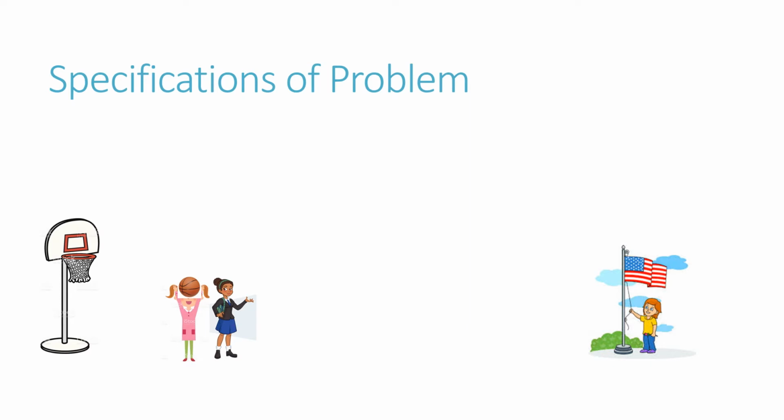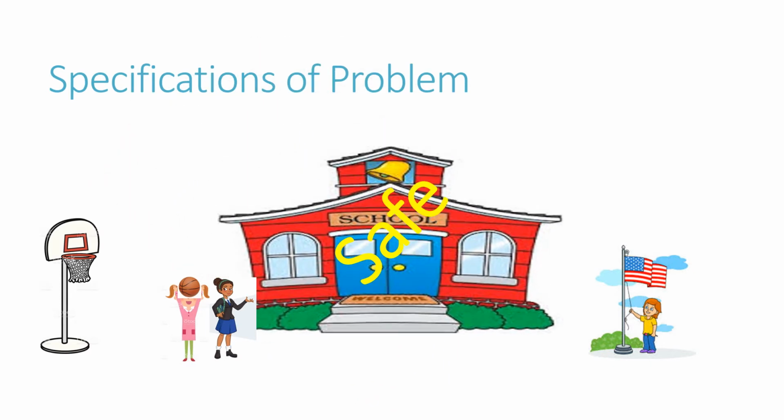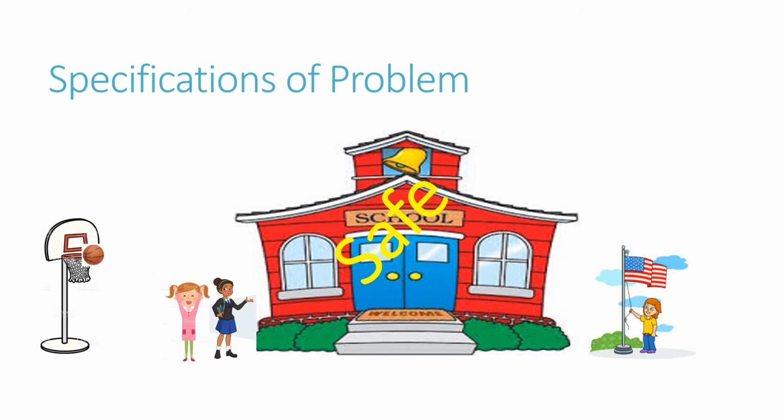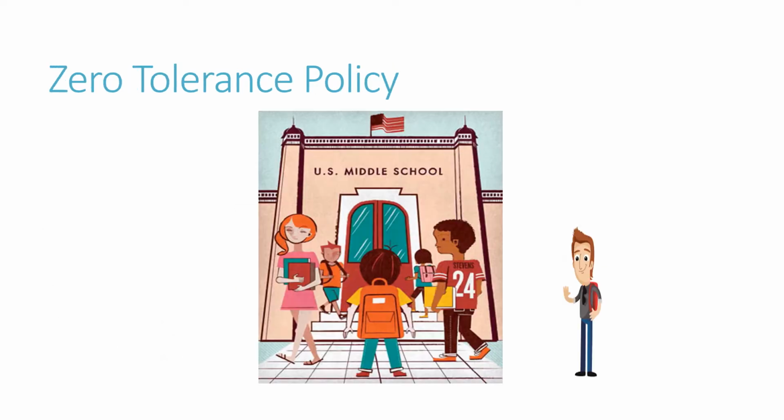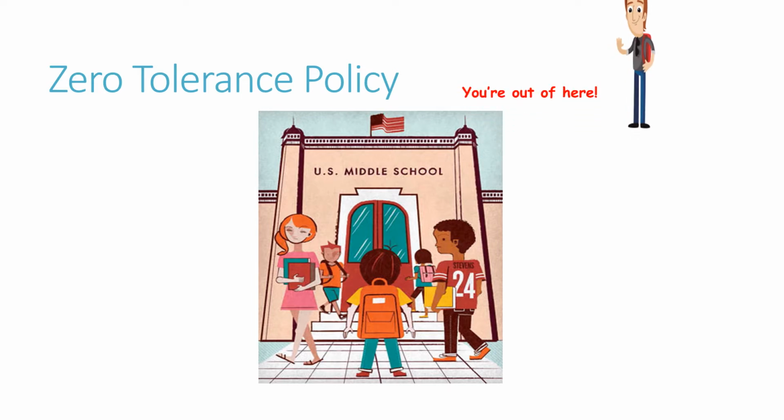Zero tolerance policies were implemented into schools in the early 80s in order to integrate the criminal justice system into school discipline. Zero tolerance policies were implemented by the federal government in response to growing assumptions that schools were becoming increasingly violent. Zero tolerance policies seek to create safer, more effective learning environments by removing disruptive students and instituting punitive actions such as suspension or expulsion for all student violations of